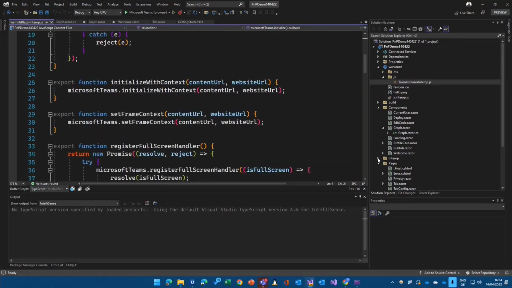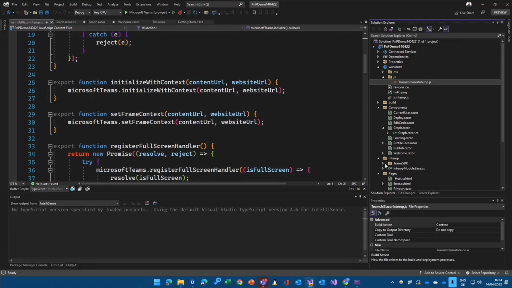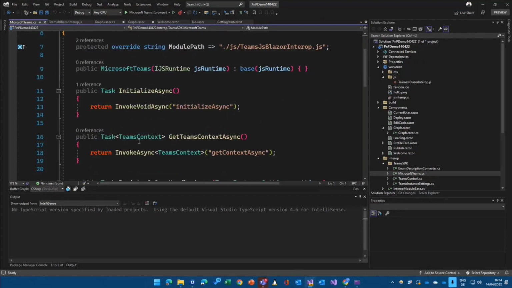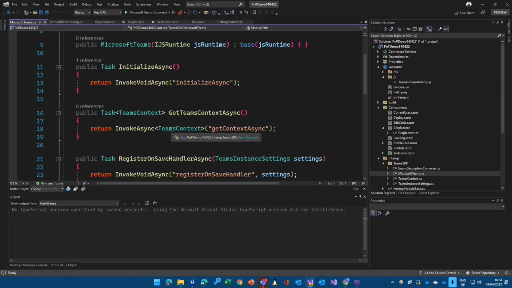And that's basically encapsulated in this Teams file here, because through JavaScript interop, a base feature of Blazor, you're loading a module here, and then you're just invoking those functions.